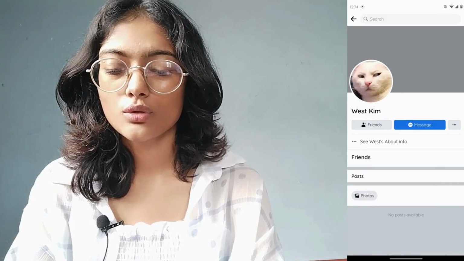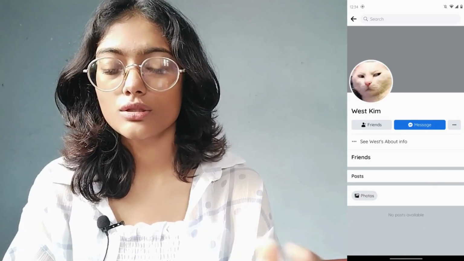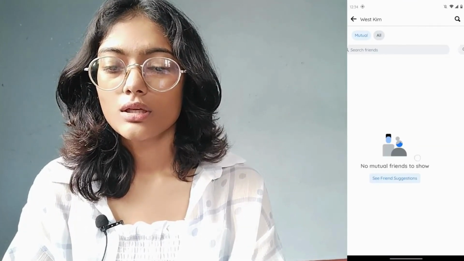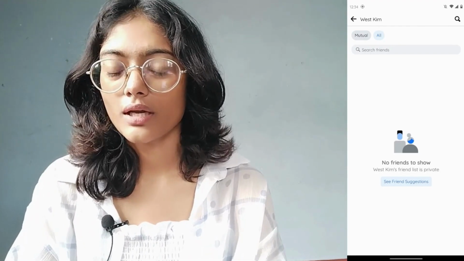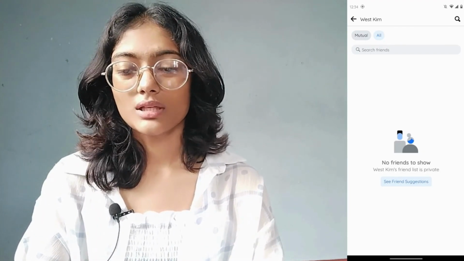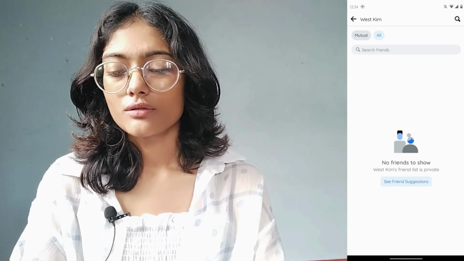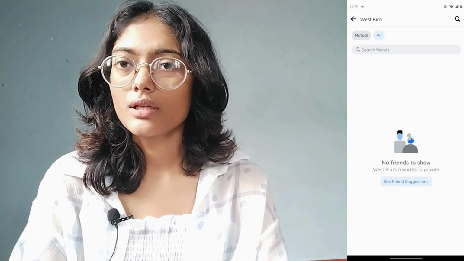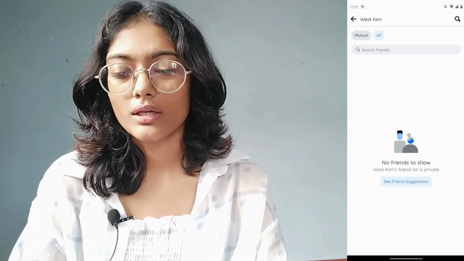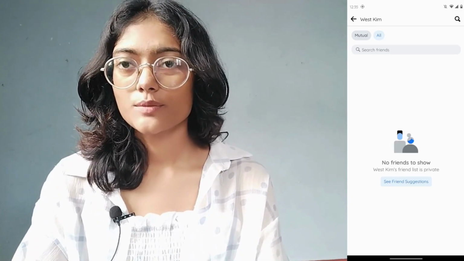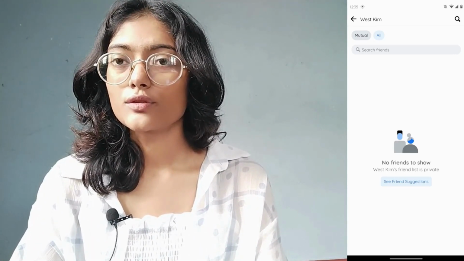and under that, if you go and tap on friends under your friend's profile, here it won't show their friend list, right? So let me tell you one thing, that we can't see their friends list under Facebook if they have hidden it. So if you want to see their friend list, you have to ask that friend to make that public. So there is no way to find Facebook hidden friend list,